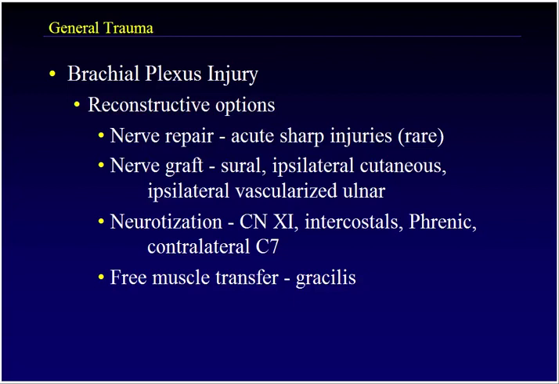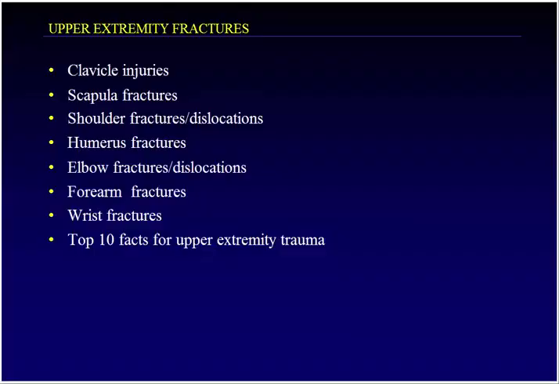Neurotization can also be performed, and you can use cranial nerve 11, intercostals, the phrenic nerve, or the contralateral C7. Then you can consider doing a free muscle transfer, such as a gracilis, to attempt to restore elbow flexion to the patient. All right, so we're done with the brachial plexus, and we're going to move on now to upper